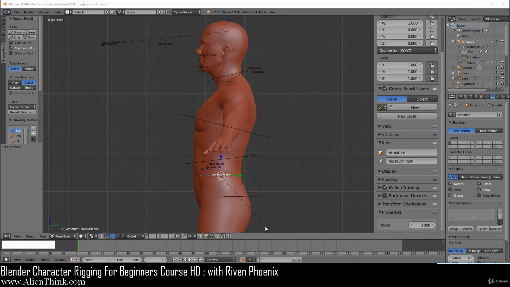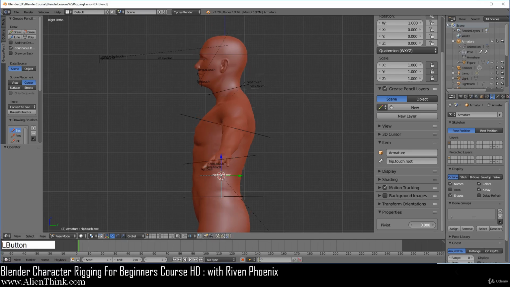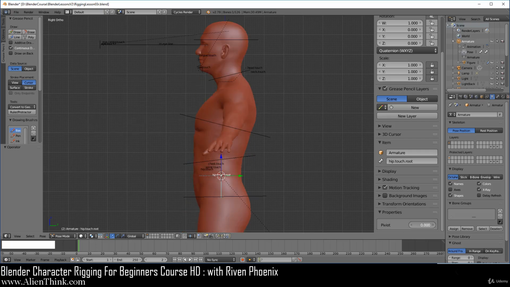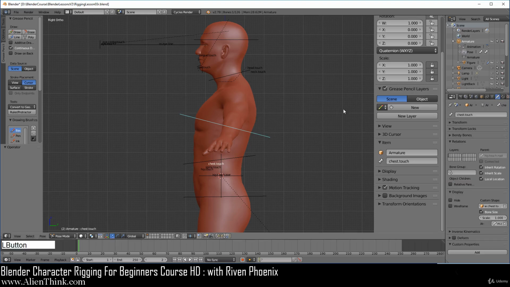Okay, so now you will notice that when we change the pivot point, let's say all the way to 1, the touch bones are simply not sticking to the character. So this is very easy to fix. Just click on this pivot point and move this back to 0. All you have to do is go to the bone tab on the chest.touch and simply change this to the original dev bone. So over here, just click this, and what you're looking for is going to be